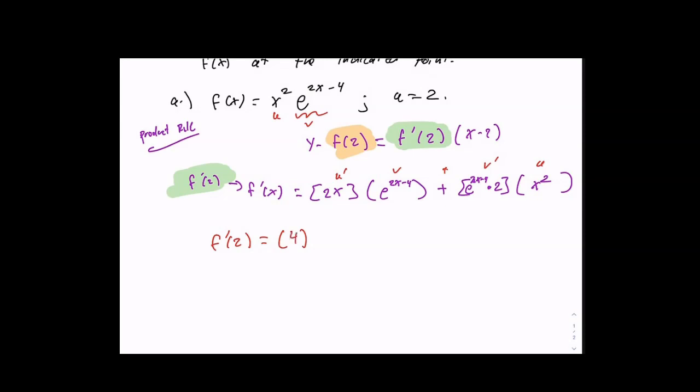4 times e to the 4 minus 4, so just e. No, e to the... that's negative 2. E to the 0. I was going to write 4 minus 4. You've got to be careful. 4 minus 4 is 0. It's positive 4 and negative 4 is 0. So e to the 0 plus